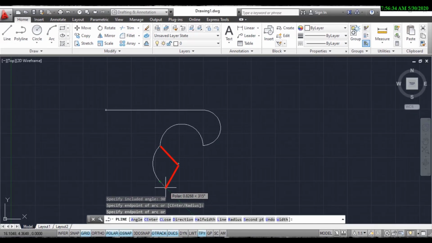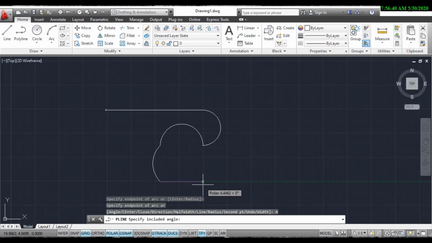Now select the angle option again, and then specify an included angle of 270 degrees, then press enter. As you can see, the command window gives you two options, the center option or the radius option. These two options here on the command window, the center and the radius option. So select the center option,